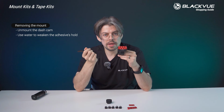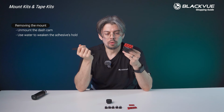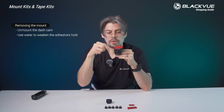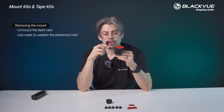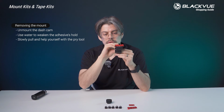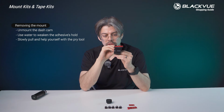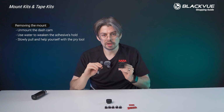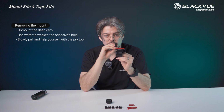So you could use a water spray. You could use a sponge or even just a wet cloth, and try to wet the area around the adhesive pad. And once you've started doing that, you will be able to slowly pull on the mount and try to detach the mount from one of the edges so that eventually you can remove it like this, rather than pulling all at once. And while you do that, it will slowly detach, and you can use the pry tool to